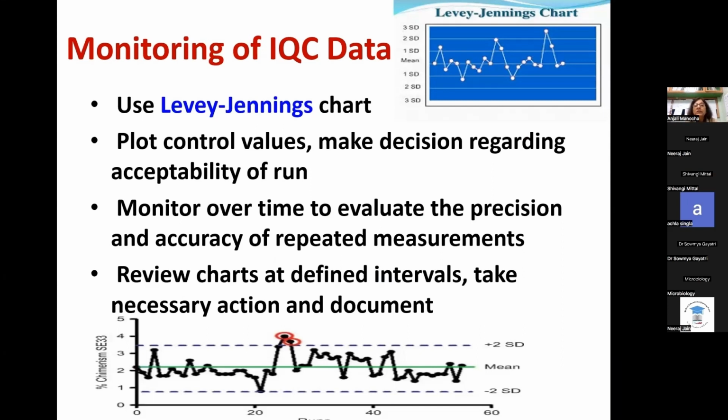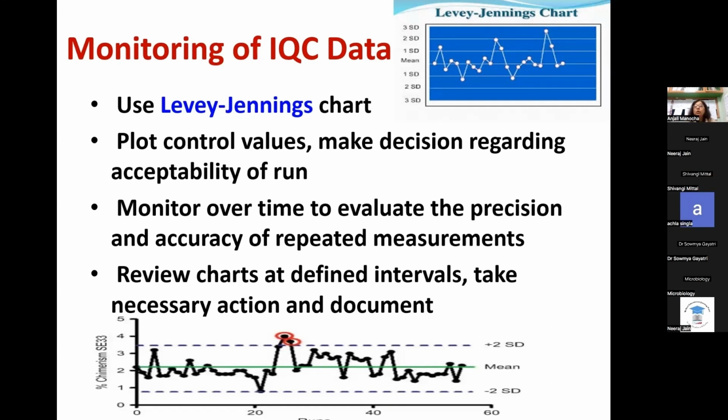Now, how is the IQC data monitored? Usually what happens is that a technical staff will come and bring the printout to the consultant who is very busy because he has about 1,000 odd reports to be released. And a lot of printouts today from the machine will not give a range. They will only give the value of the control that is run. So you see that there is a range. It has not been flagged at all in the printout. And you sign out there and say, yes, today's control is normal.